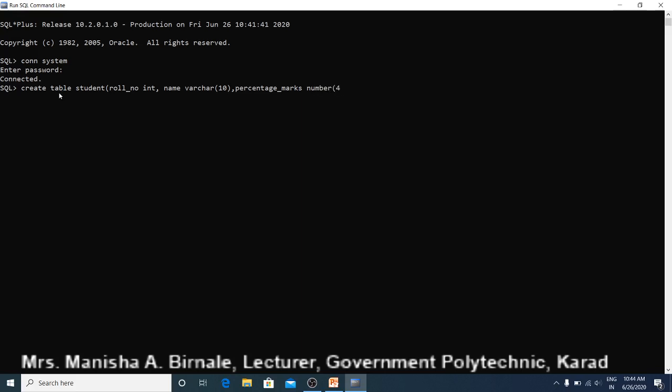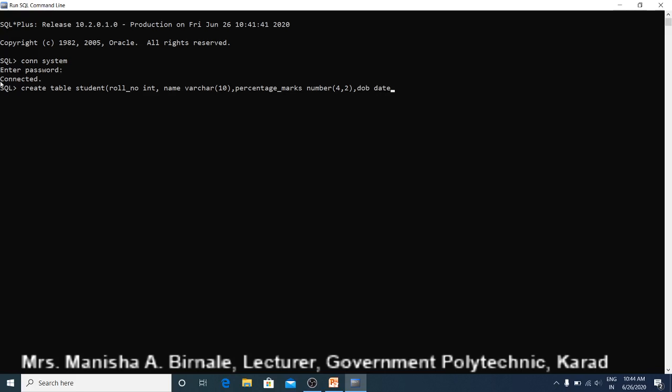Suppose the total number of digits will be 4 and digits after the decimal point will be 2. And the last column which you want to store in the student table is date of birth, DOB. The data type of this column will be date, because it will accept the birth date of each student.